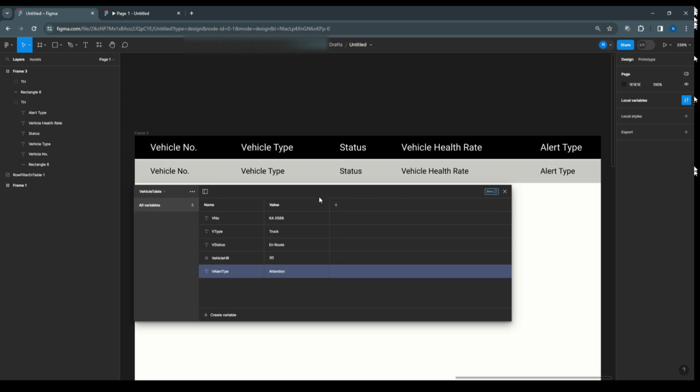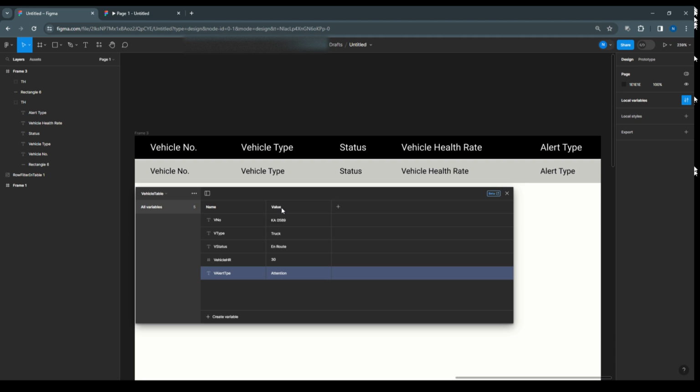So now the next is, here is the value, and this is for creating a new variable mode. So we need different rows. I will create the different modes, and each mode will have each row's content. So clicking on this, here we can say vehicle 1, and just take this vehicle 2. So vehicle 2, I'm giving some GA,